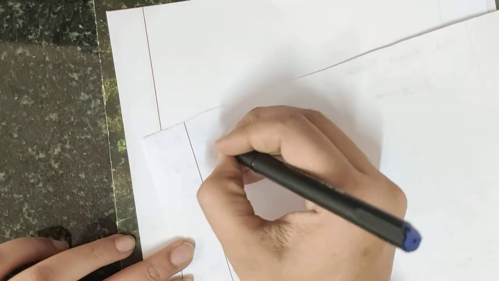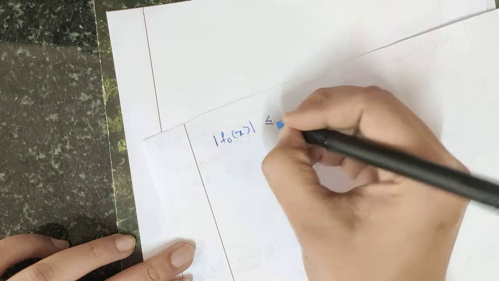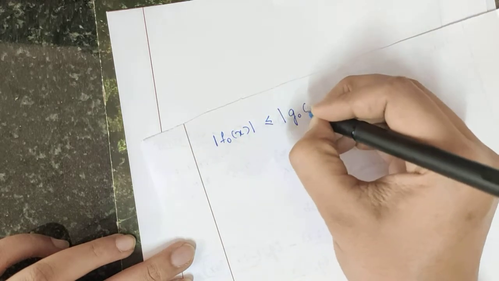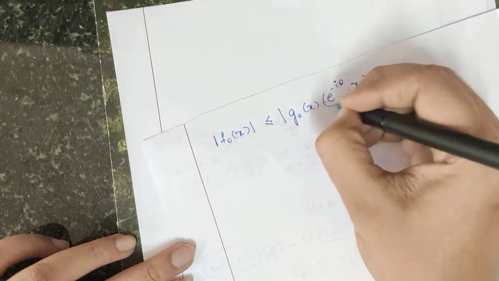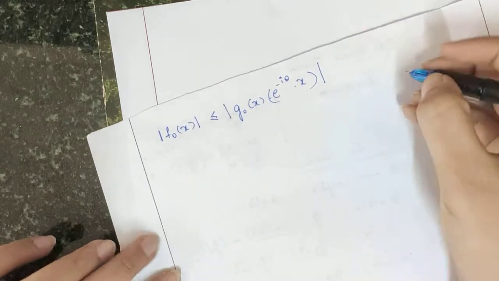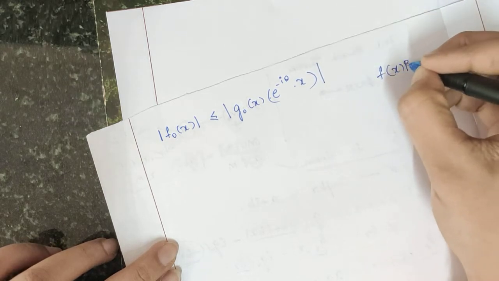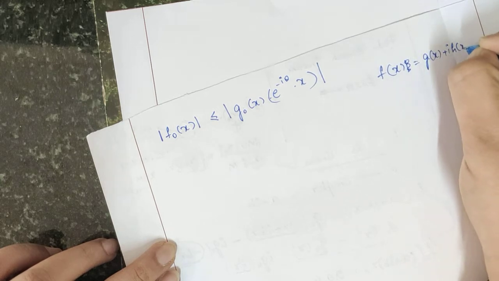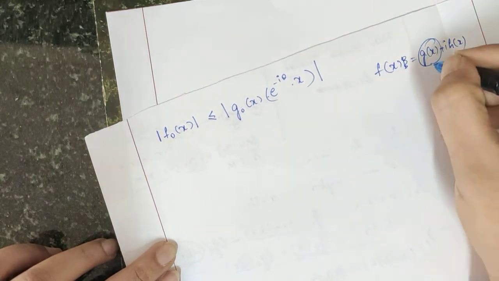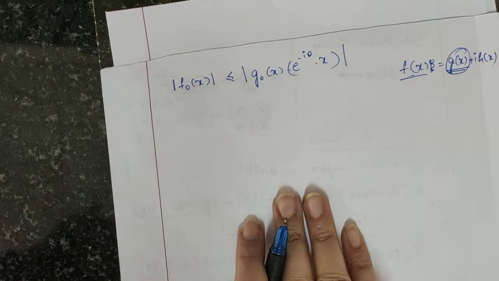Since the function g is less than or equal to f, I can write this as mod f naught of x will be less than or equal to mod g naught of x into e power minus i theta into x. We have seen this in the previous session, right? F of x is nothing but g of x plus i into h of x. So if I choose only g of x, obviously it will be less than or equal to your whole function f of x. Using that concept,